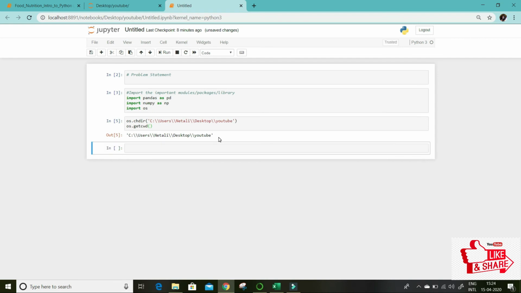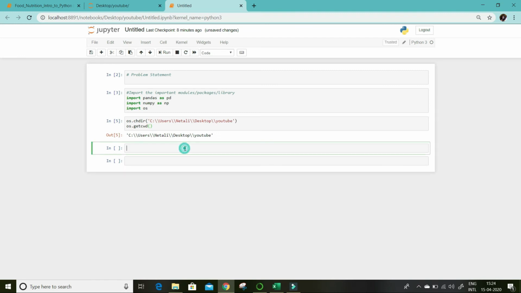Now let's move forward. I have to read my data set into Python. How will I do that? My data set is in CSV format. So since my data set is in CSV format, let's save it in a data frame named data_df, using pd.read_csv. If it would have been Excel, it would be read_excel. So read_csv, my